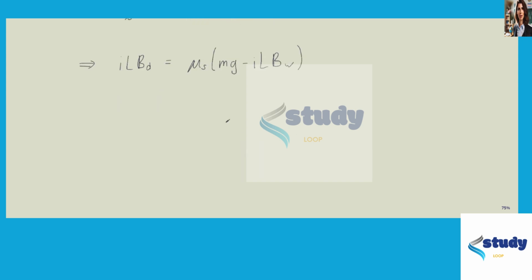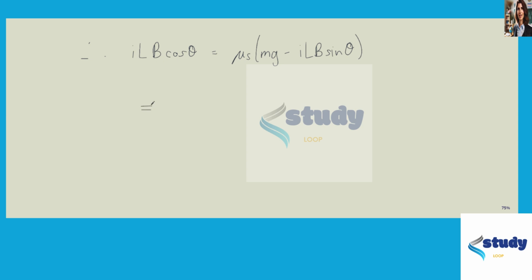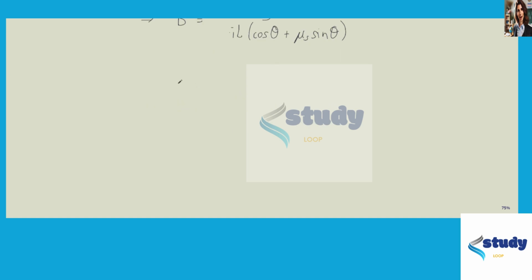If we define the angle by BW equal to B sine theta and BD as B cosine theta, and write the above expression in these terms, we obtain ILB cosine theta is equal to mu s times (mg minus ILB sine theta), which gives us the field B in magnitude to be mu s mg divided by IL times (cosine theta plus mu s sine theta),